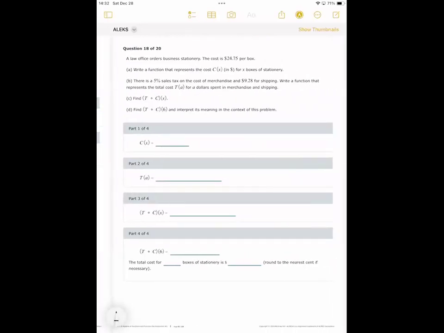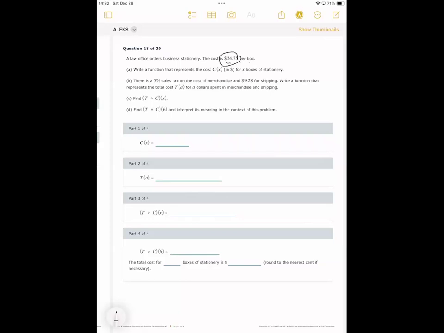Question number 18. We have a law office that orders business stationery. The cost is $24.75 per box. Write a function that represents the cost in dollars for x boxes. So if I buy one box, I pay $24.75. If I buy two boxes, I have to pay 2 times